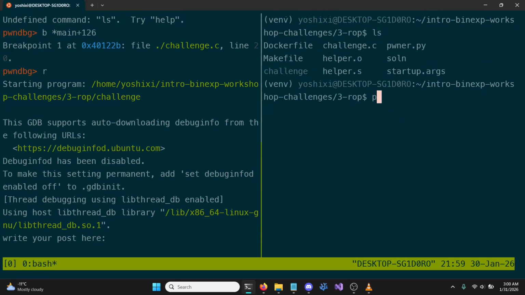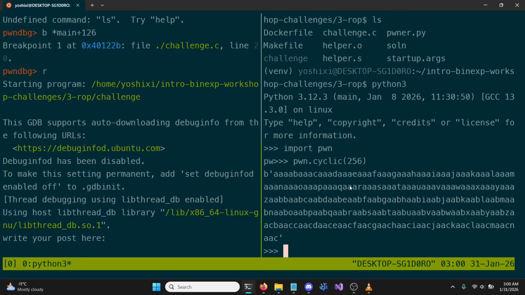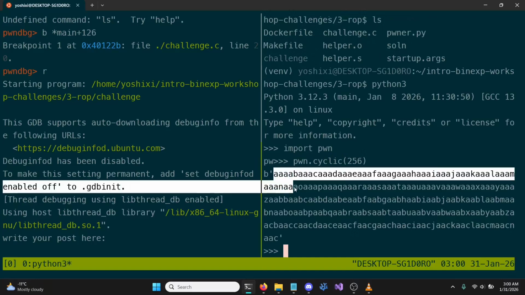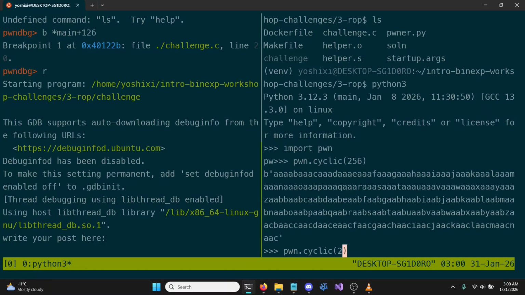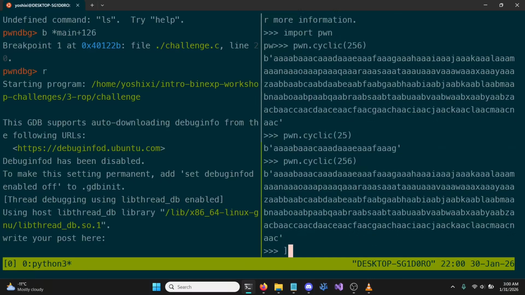Then from pwn import *, then cyclic 256. 256 is just how many characters I want. I could do like 25, but yeah. Okay, so